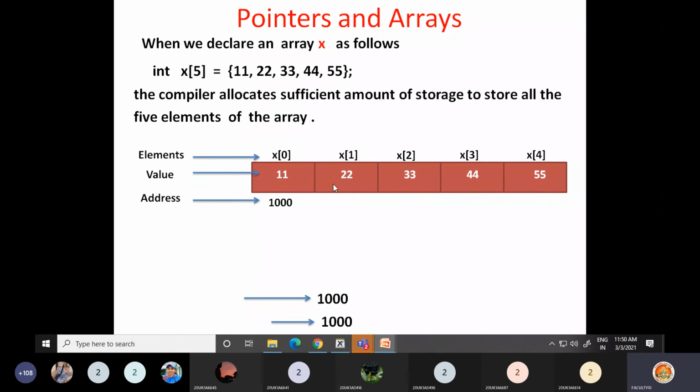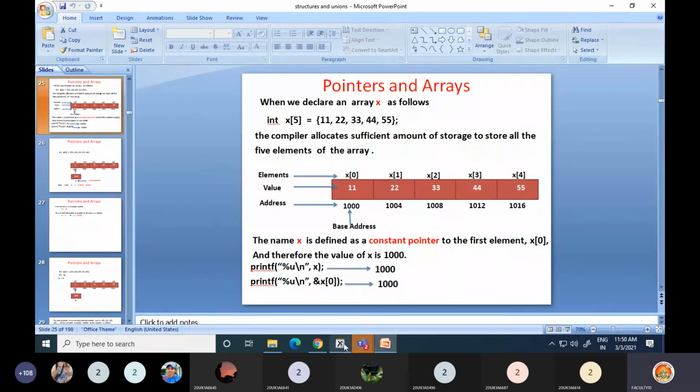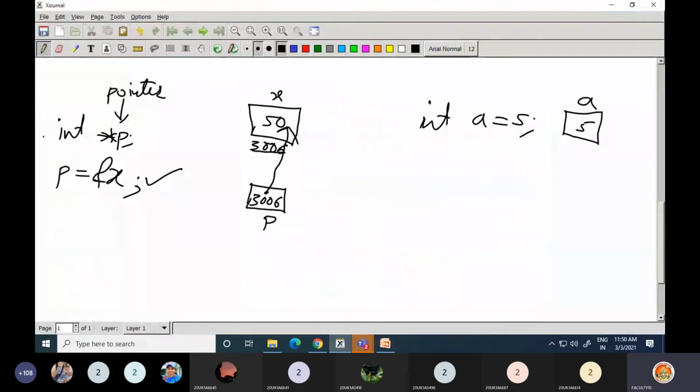Can you say what is the address of 22? It is 1004. Why is it 1004? Now see here, I'll explain.